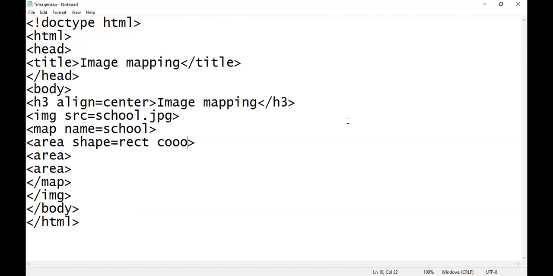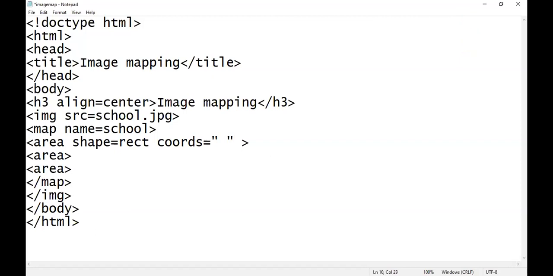Coords is the attribute which we can use to configure coordinates for the rectangle. We will decide the coordinates of the rectangle later, when we open the image in Paintbrush. Right now we keep it blank and are not writing anything in coords.